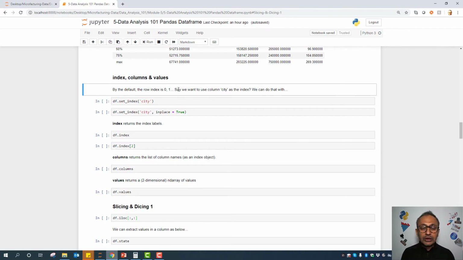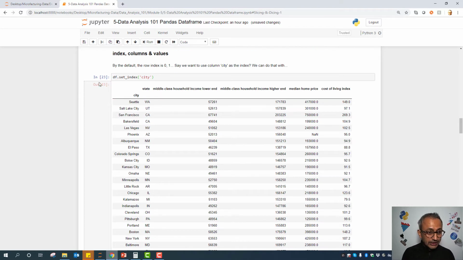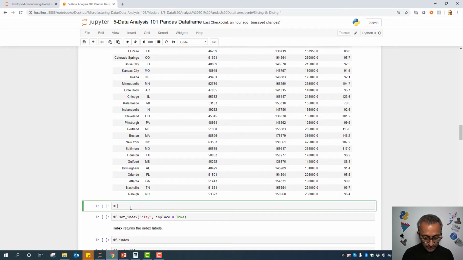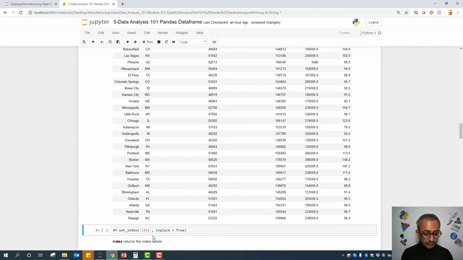By default the row indices are 0, 1, and so on, but let's say we want to change it to use the column city as the index. We can set the city as the index, but this doesn't change the data frame. Does it change the data frame? No, because the data frame is still the same. So what we have to do is